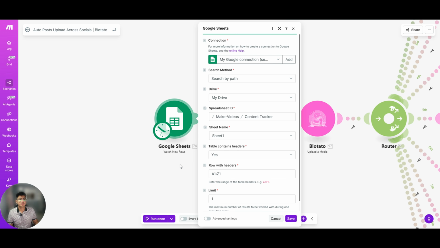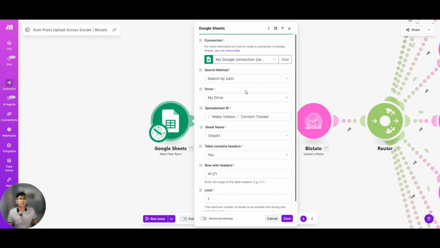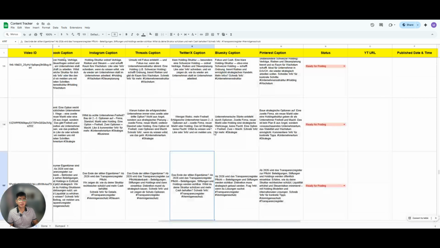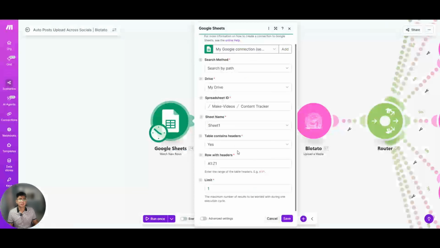So you just need to use this, watch new rows, and then map the important areas, such as the specific spreadsheet ID. So for this instance, this is the content tracker that I created, and then yeah, it's just as simple. So you can set the limit, but for my client, I only set it to one.